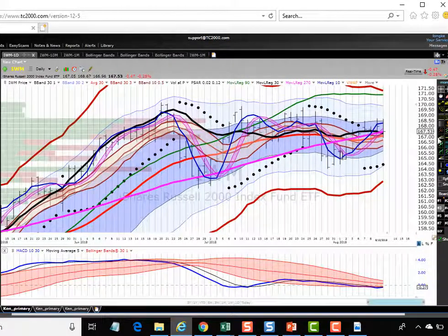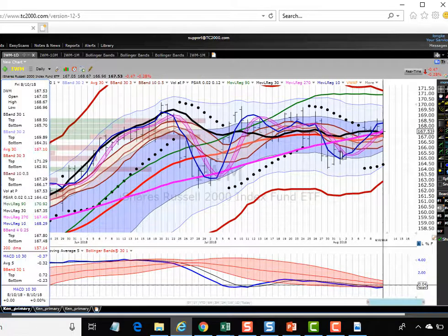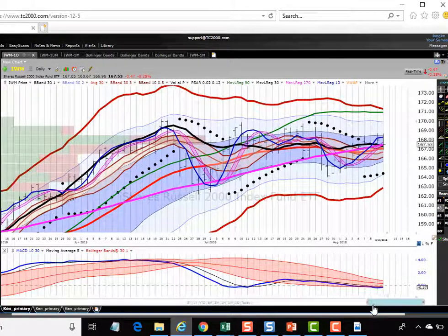The Russell is pinching. The river is compressed, more than 1 standard deviation tight. It's hovering right at the 0 line after a very mild winter. It's now into the spring, and so this sideways channel of the last 30 days could be expressed to the upside here very nicely. I think that one has some nice potential, and if we look back far enough,